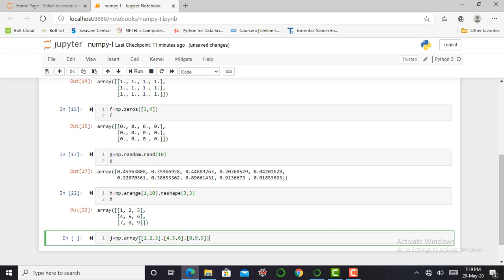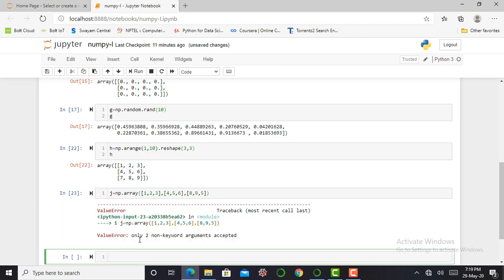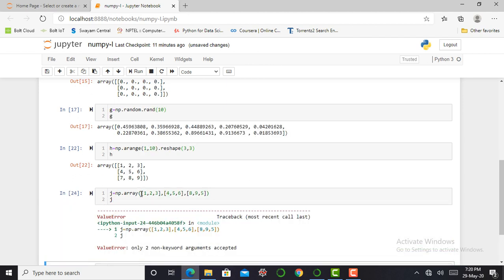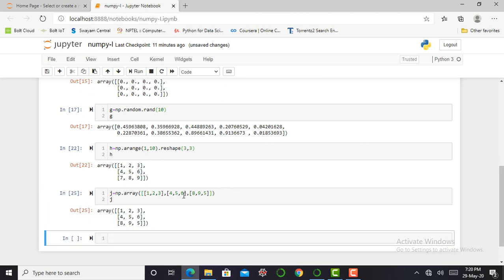Then I run it. Don't worry, I have not mentioned one more square bracket. I just put one more square bracket and press Shift Enter. It will give me a 3 by 3 matrix.